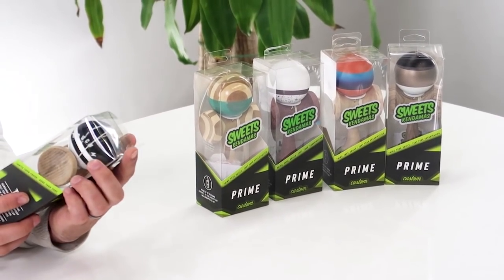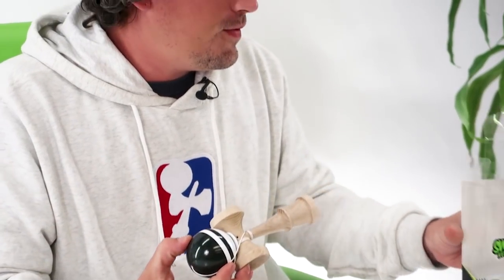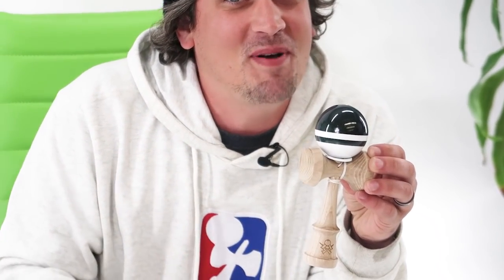The first one, we are gonna start with an Ash Prime. The names of these ones are also some of the best names we've ever come up with. Mark my words. I know we come up with some crazy stuff here, but we got some good ones. And for this one, we have the Asteroid Belt. I know, right? Very punny. The Asteroid Belt. It's perfect though, because this Tama has this nice little belt of this speckly paint that is